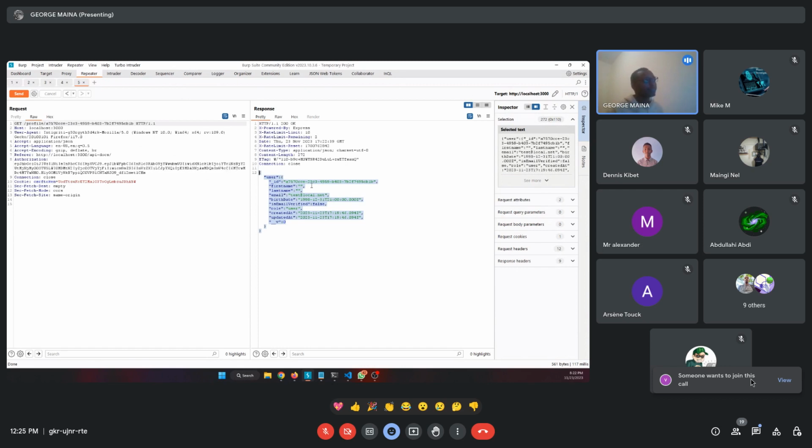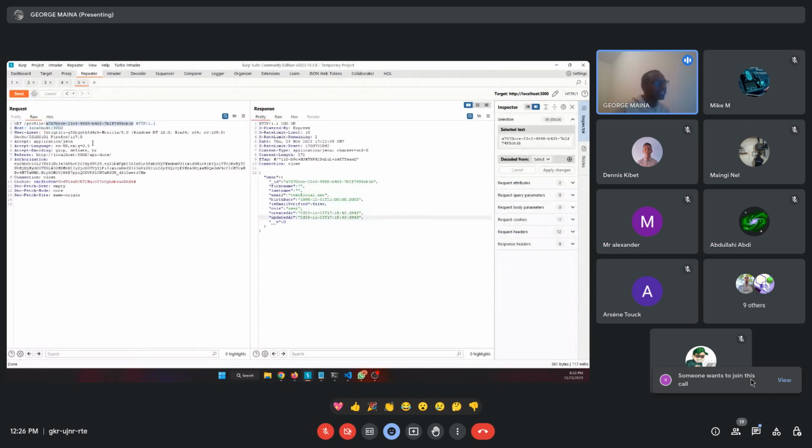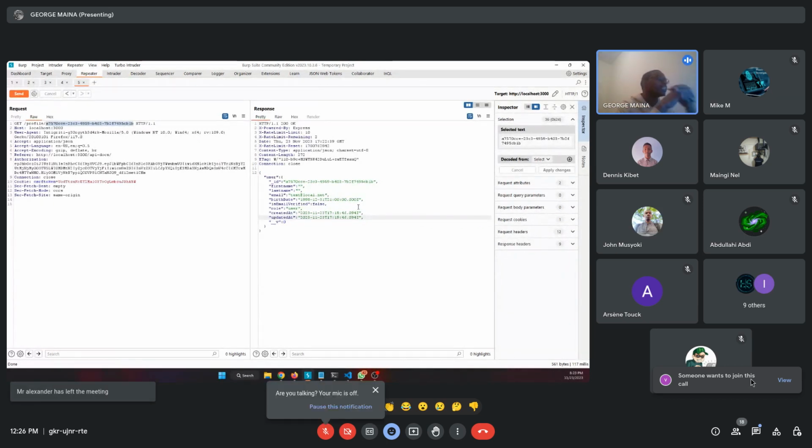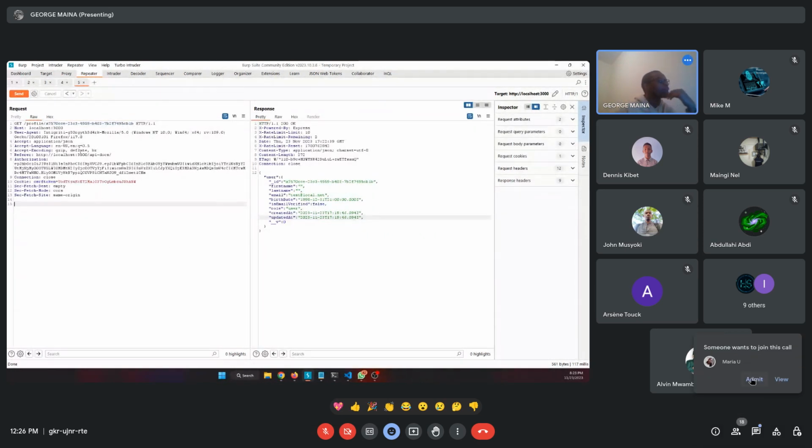We still get the same thing. So we have verified that indeed they are using the ID. They are using the ID somewhere. So the next question you ask yourself is, if they are using the ID, do they have proper checks to ensure that no other user can view other users' information? And for that, most applications